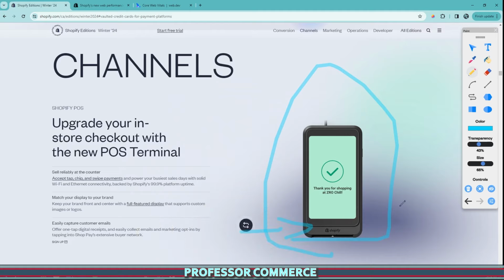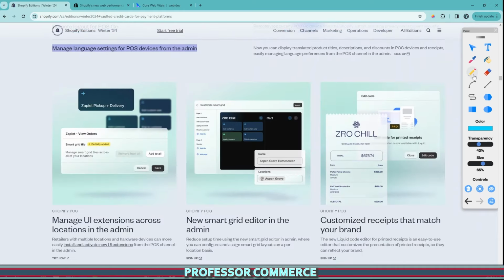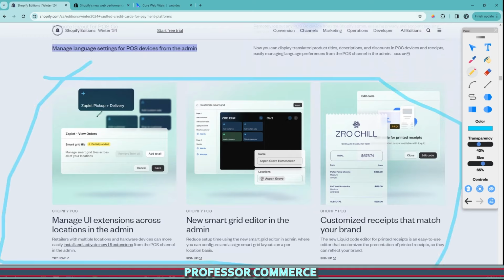They have recently introduced this new checkout POS terminal, so you can sell reliably at the counter by accepting tap, chip, swipe, and power your busiest days with solid Wi-Fi and Ethernet connectivity backed by Shopify's 99.9% platform uptime. You can keep your brand right on the front of the device, and you can easily capture customer emails, offer one-tap digital receipts, and easily collect emails and marketing opt-ins by tapping into Shop Pay's extensive buyer network. Of course, like anything, especially with POS, the region you're in plays a big role. So if you're in POS, maybe check out these options, because they've also added a ton of new extensibility to the